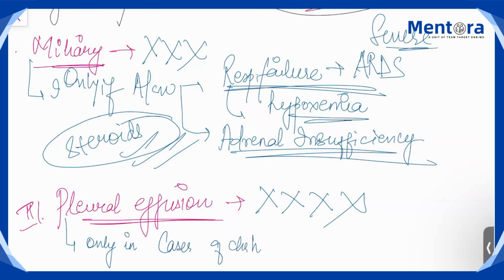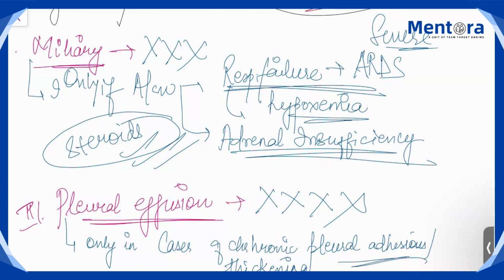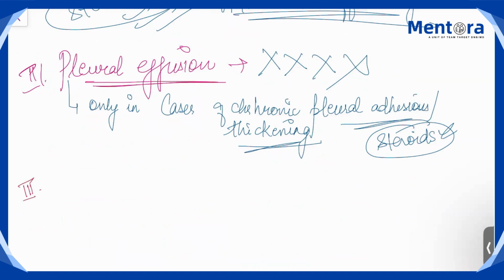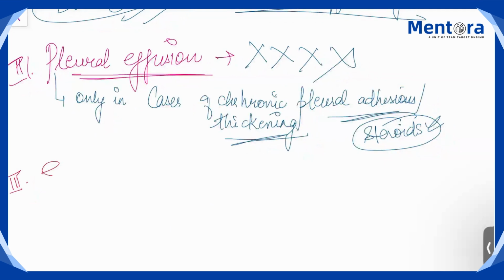chronic pleural adhesions, बहुत पुराना इफ्यूजन पड़ा हुआ है, बहुत पुराना कलेक्शन पड़ा हुआ है एंड अधेशंस हो चुके हैं, थिकनिंग हो चुकी है. कैसे पता चलेगी? अल्ट्रासाउंड करके देखोगे, एक्सरे से नहीं पता चलेगा हमेशा. तो अल्ट्रासाउंड करके देखोगे बहुत ज्यादा अधेशंस है, सेप्टेशंस है, थिकनिंग है, उसको तोड़ने के लिए यू कैन गिव स्टेरॉइड्स, बट अदरवाइज नो स्टेरॉइड्स. ओके, एंड not recommended for pleural tuberculosis. There is no data which is showing that major improvement has come with steroid. वो अपने आप AKT से effusion resolve हो जाता है.